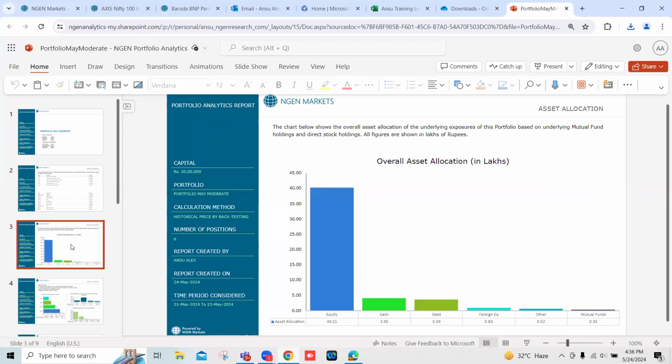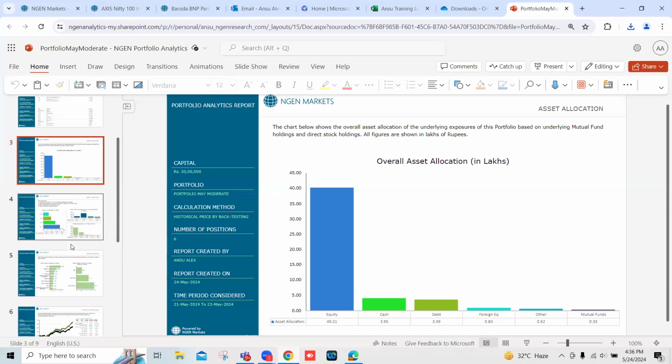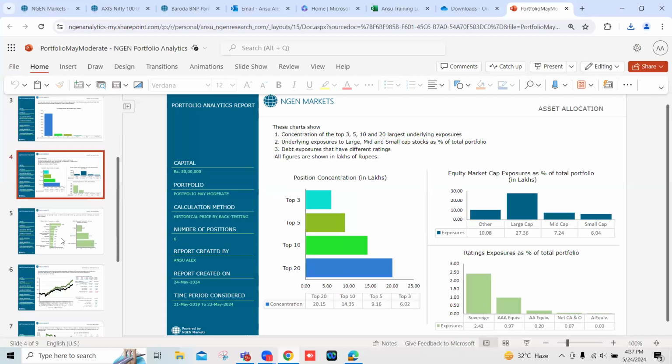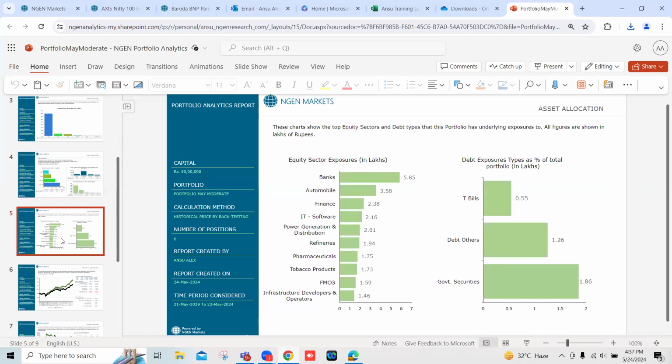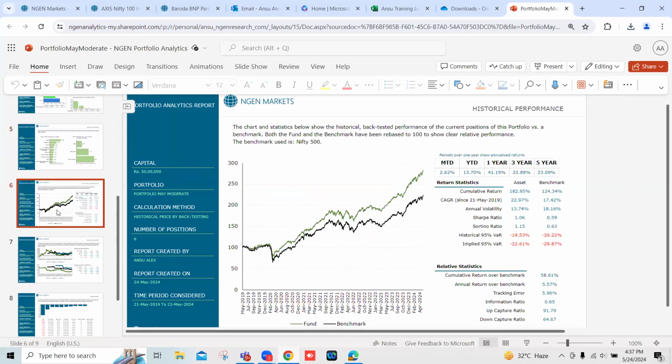Now, these PPTs are editable. You could insert multiple slides as well. So I would just show how it could be done. This is the tab which shows you the asset allocation of the entire portfolio, the performance chart,